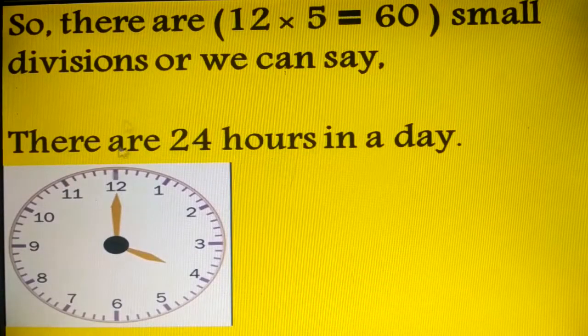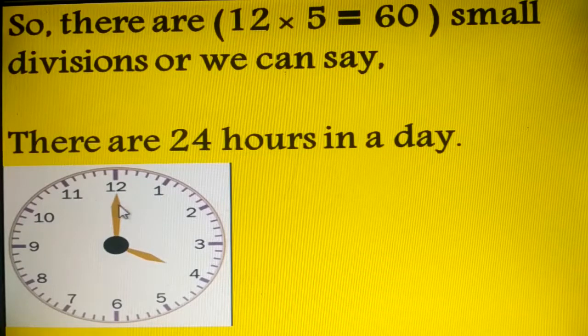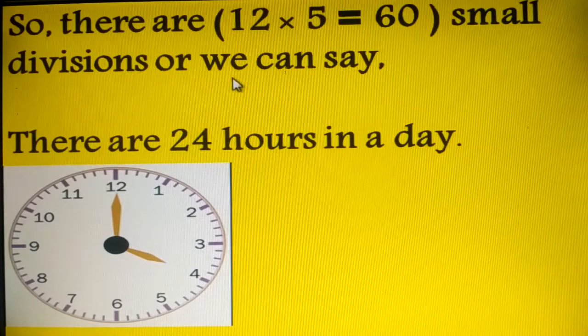In this clock, as you can see, what I am trying to say is, when the hour hand moves from 12 to 1, it completes 1 hour, 2 hours, 3 hours, 4 hours, 5, 6, 7, 8, 9, 10, 11, 12. 12 hours complete. It means half a day is complete. One round complete. After that, one more round, when the clock takes 2 rounds, it is complete. And the 2 rounds include 24 hours. These 24 hours make one day. In one day there are a total of 24 hours.